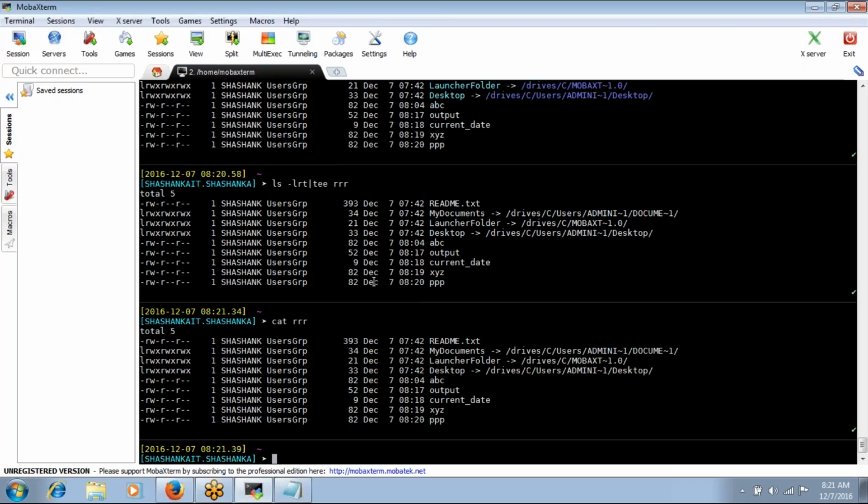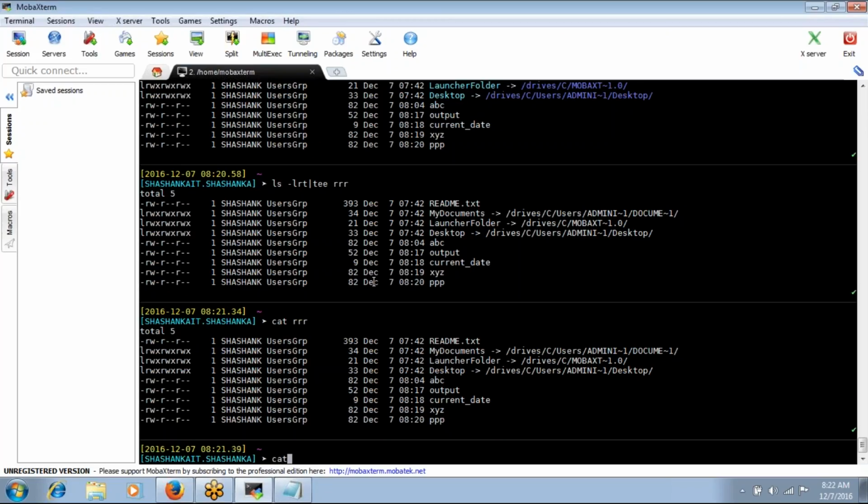Same way as we discussed previously, you can give some command, give greater than and paste it to some file. Whatever output is coming is saved into your file. Greater than works like that, overriding every time.